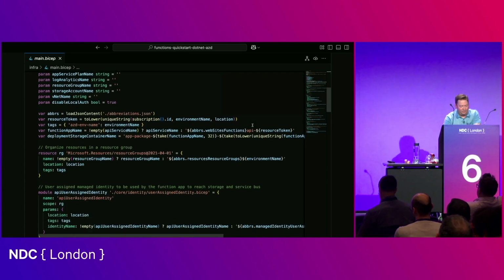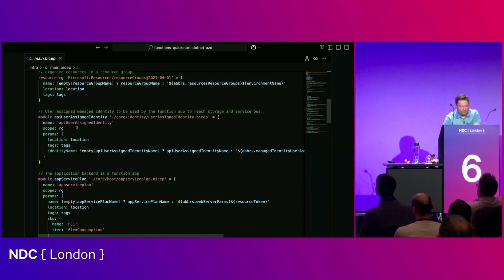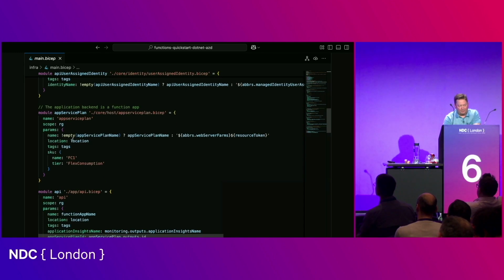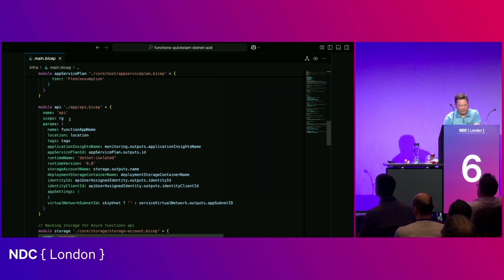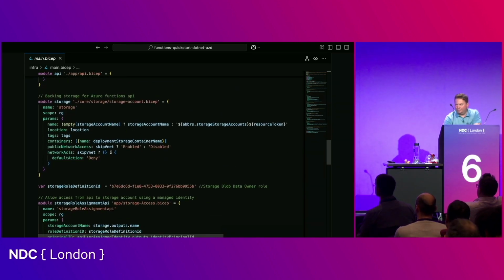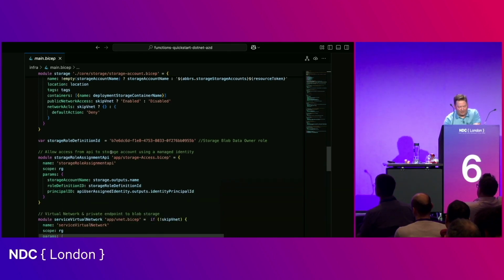And as you can see, we take some input from the user. We're going to create a resource group. We're going to create the user-assigned managed identity, which is my favorite. We can create the app service, which works for web apps or for functions. This is an API, so I'm going to create an actual function that goes in the plan. And we have a storage account. Like I said, everything needs some internal state management. And now is when it kind of gets interesting.